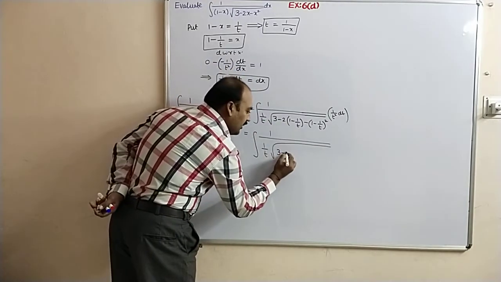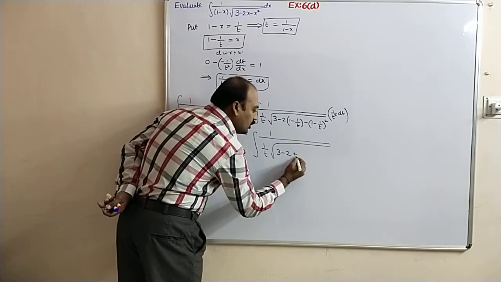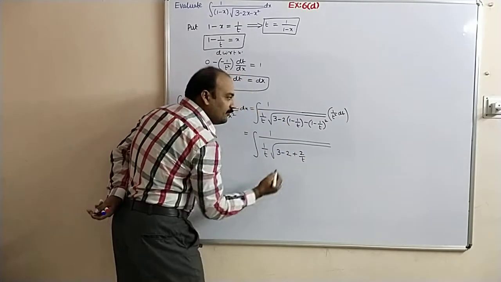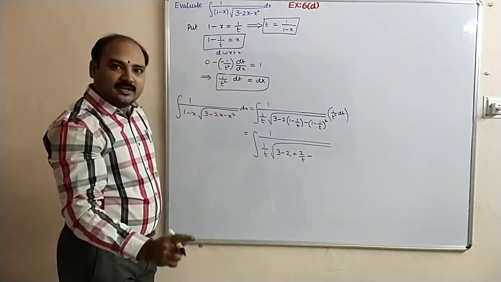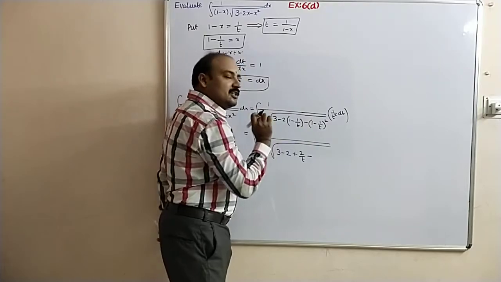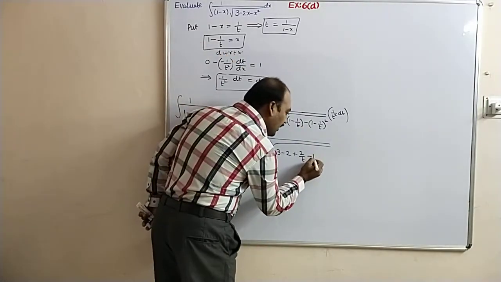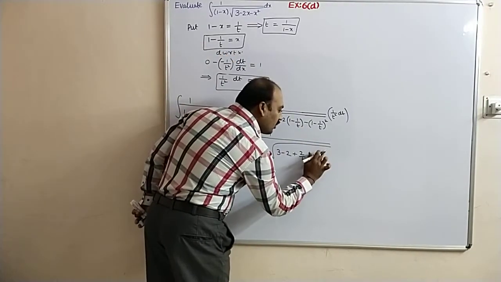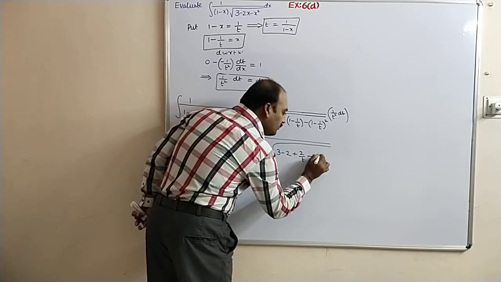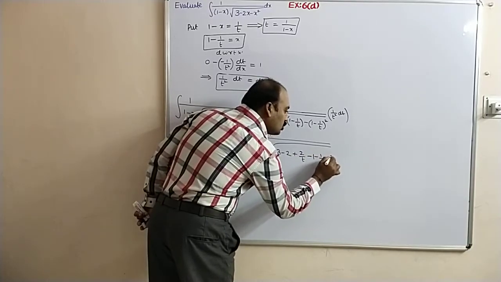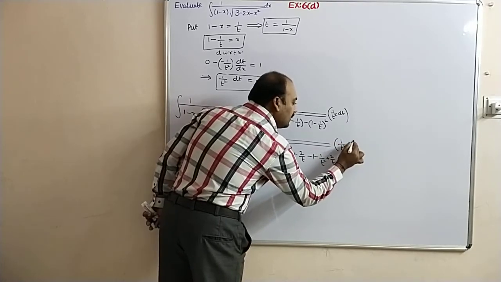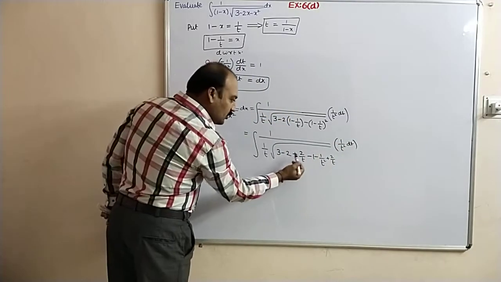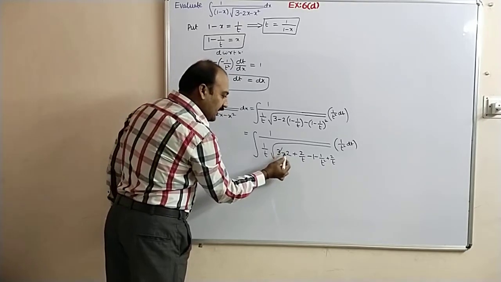2 into 1 minus 2 minus into minus plus 2 into 1 by t, 2 by t, minus (a minus b) whole square expansion you have to write as well, each and every term multiplying by minus. So we will get it as minus 1 minus 1 by t square plus 2 by t, into 1 by t square into dt. So here minus 1 minus 2 is minus 3, plus 3 gets cancelled.